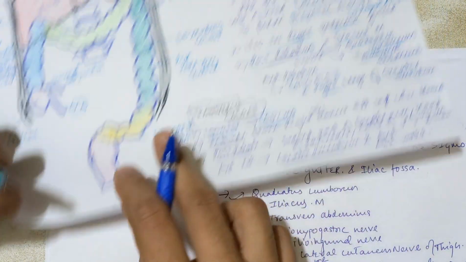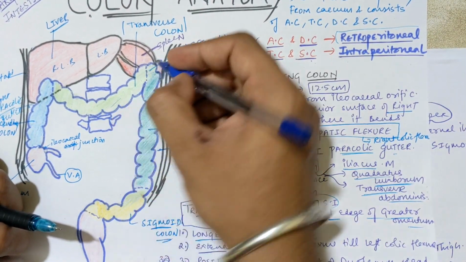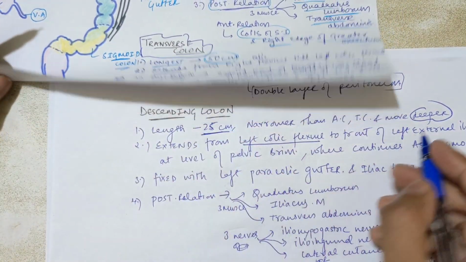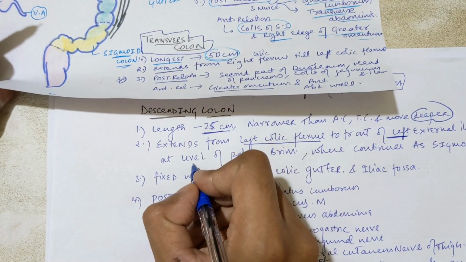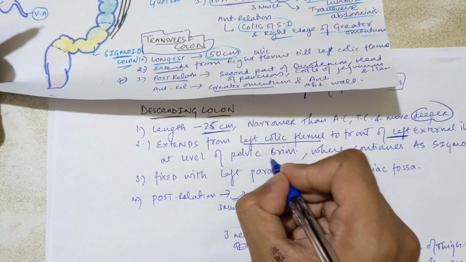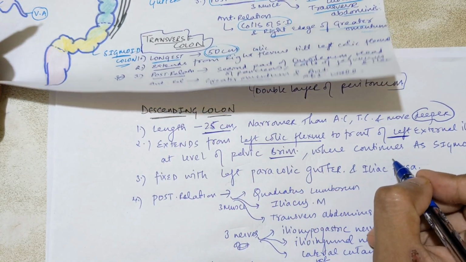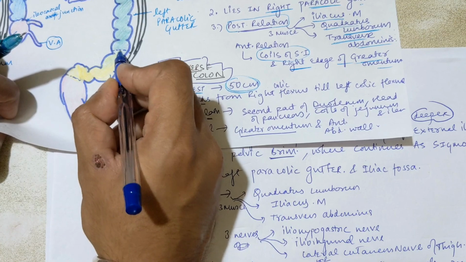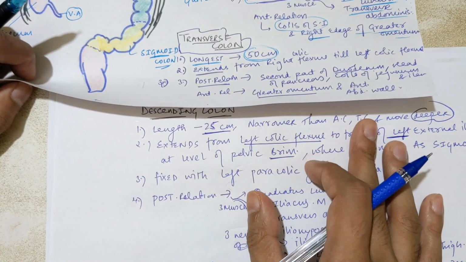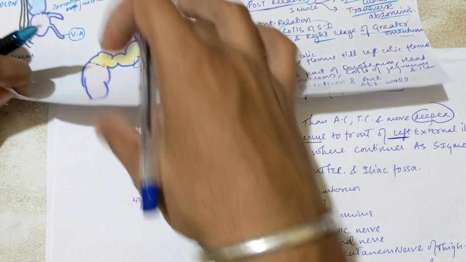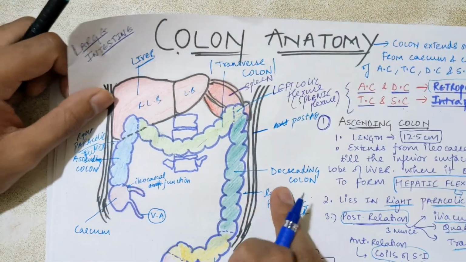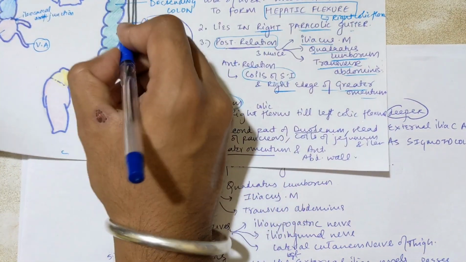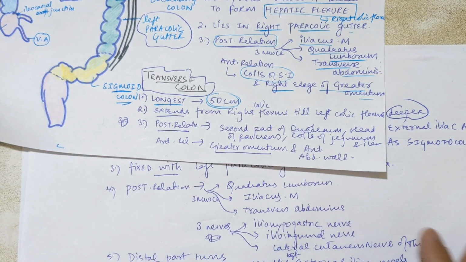You can see. So left colic flexure we have discussed. This was your left colic flexure. So it is starting from here until where it is going? It is actually crossing the external iliac artery also, left external iliac artery, at the level of your pelvic brim. Brim will be present in the pelvis, and where it continues, and further it continues as your sigmoid colon. This yellow one you can see S shape. So it is now continuing as sigmoid colon, and like your ascending colon, it was present on the right paracolic gutter. Now this descending colon is present on the left paracolic gutter. Okay, on the posterior lateral side there is a gutter which is called the left paracolic gutter.